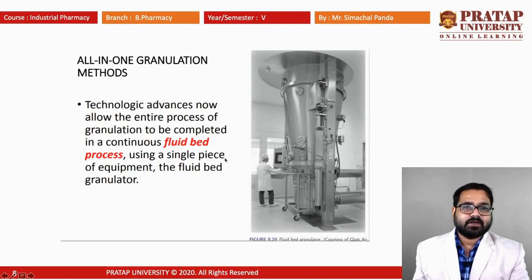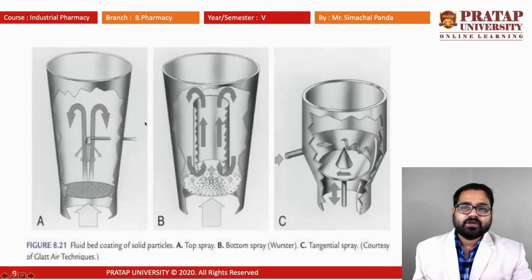This one is the example of a granulator. So how does it work inside? This is the screen in which we are giving the flow of warm air, and it will allow the powder to move to and fro. We can see here, whenever it is moving to and fro, it will attract the powders, and it will form the granules in the air. As it is moving, due to the velocity it will start to rotate, and due to the rotation, attractive forces will be generated and the powder will come close to each other and form the granules.